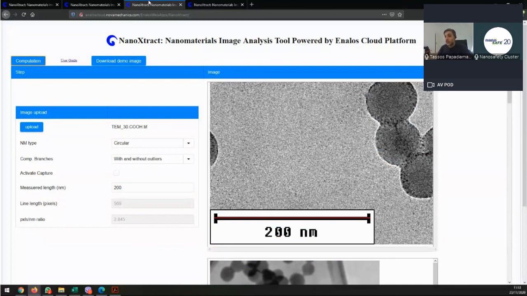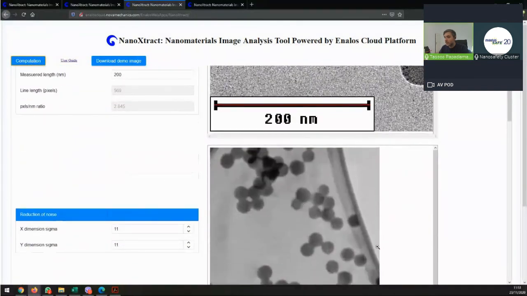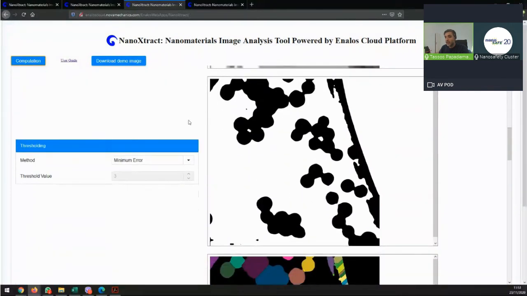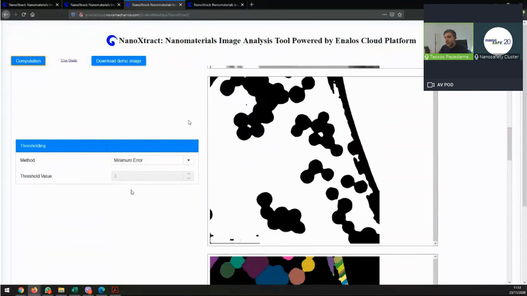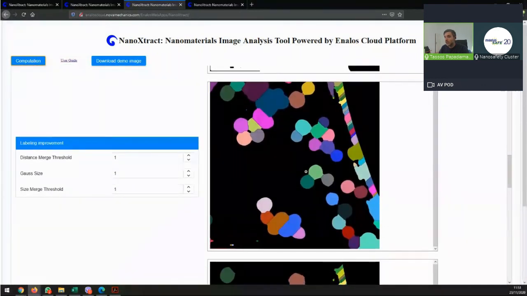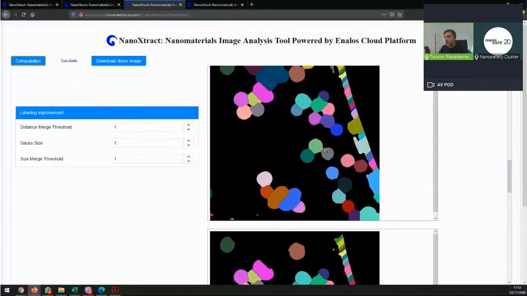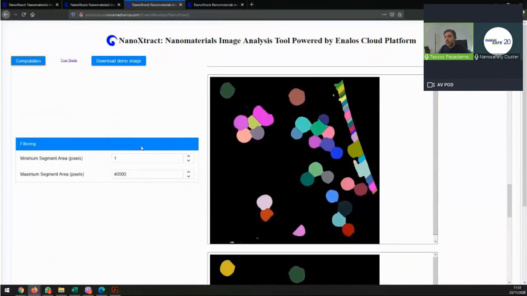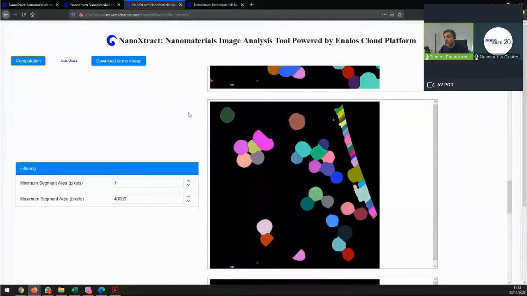Cool. Okay, so this worked. That's good. If you remember, we have this area here that we wanted to get rid of, so we did a lot of blurring. Again, you see that we use the minimum error. You see that we have a good outcome, and then we come down here and initially we don't have a good splitting. You have a lot of aggregations and so on, and eventually, by playing with the values, we have managed to